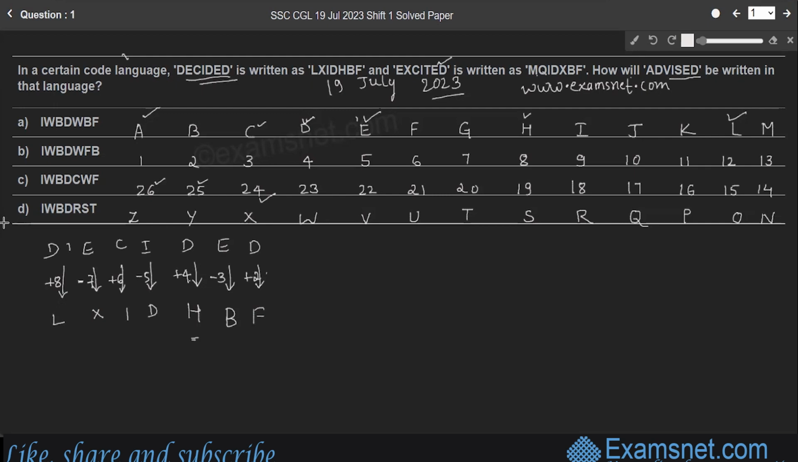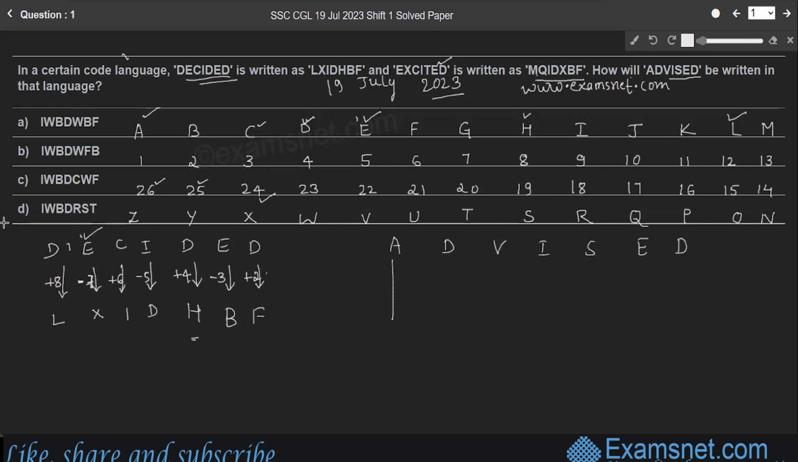So in each case, right? Here in the first case, 8 is added. In the second case, 7 is subtracted. Here addition and subtraction are taking place alternately, right? And the numbers are in decreasing order, right? 8 to 2. Similarly, excited is written as MQIDXBF. The same rule is applicable for excited also, right? First letter plus 8, second letter minus 7, it continues. So therefore advised will be coded as